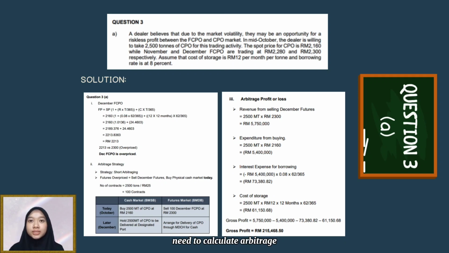Question 3: we need to calculate the arbitrage profit or loss. Step 1, we find the revenue from selling December futures, which is RM5.75 million. Step 2, expenditure from buying, we get negative 5.4 million ringgit. Step 3, we find the interest expense for borrowing, and we get negative